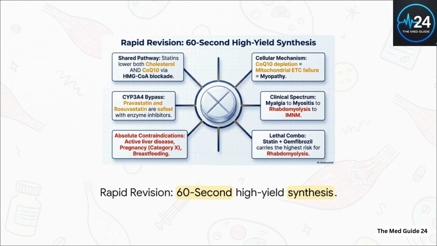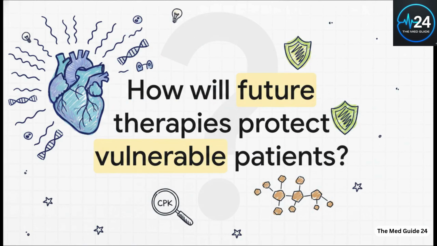If you hold these core concepts in your head, that CoQ10 depletion causes ETC failure, that the clinical spectrum scales all the way up to rhabdo, and that choosing the right statin can bypass dangerous enzyme interactions, you are going to manage these patients safely and effectively every single time. Which leaves us with this final provocative thought regarding the future of personalized cardiovascular medicine. If statins are fundamentally mitochondrial bottlenecks, how will the next generation of lipid-lowering therapies evolve to protect our most vulnerable